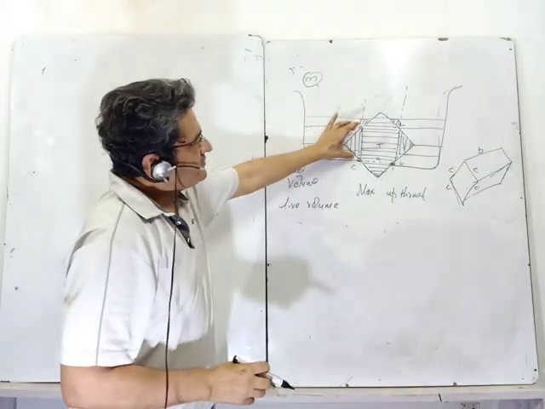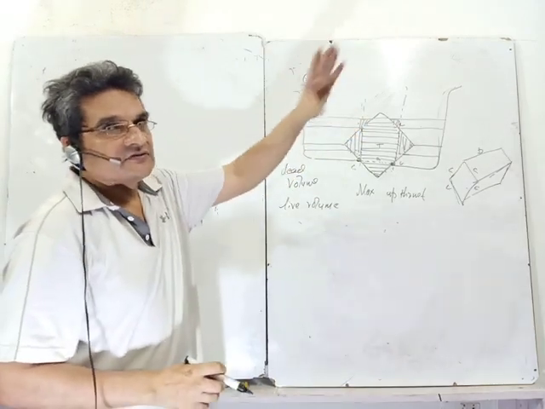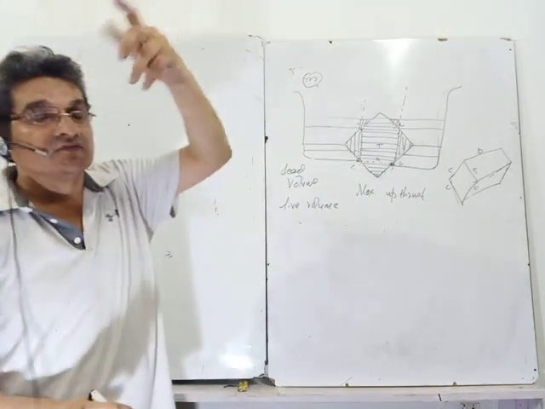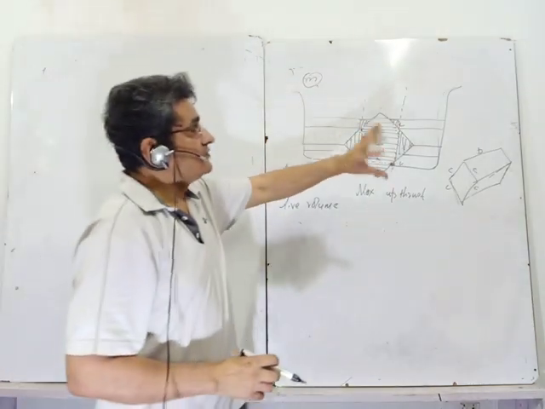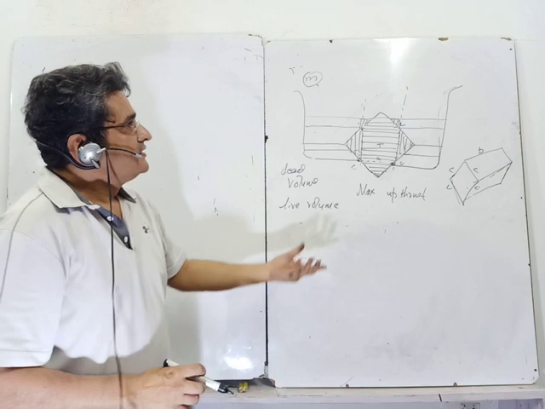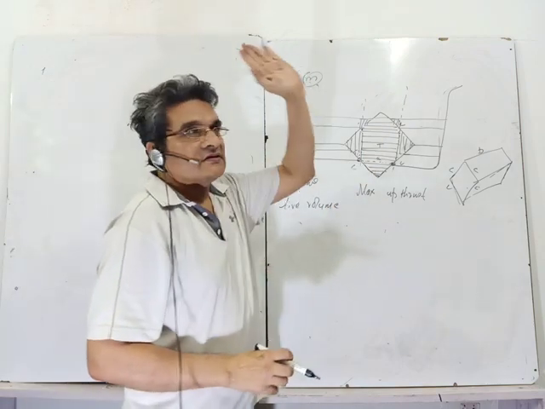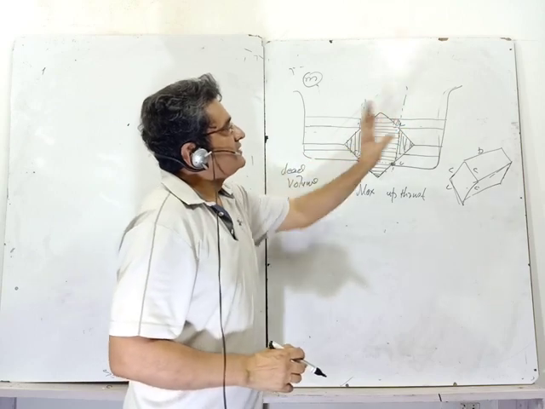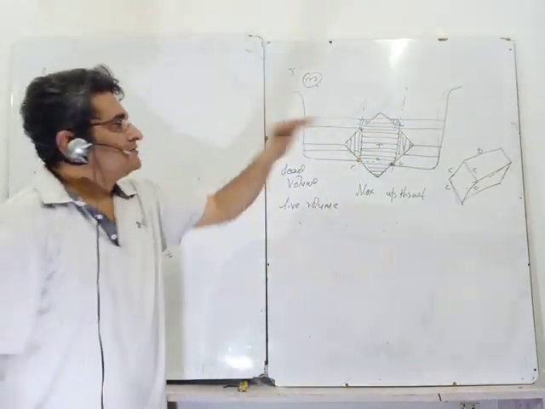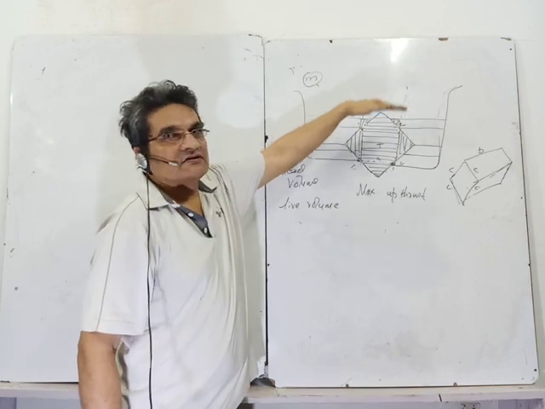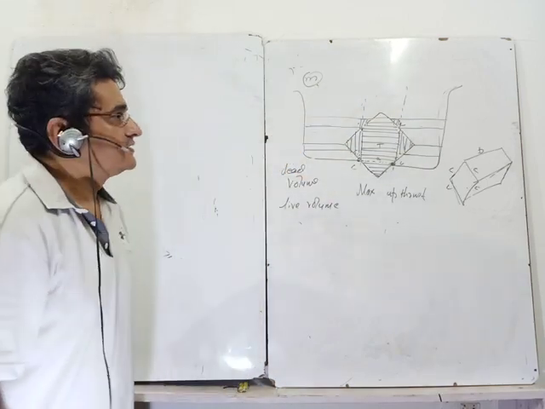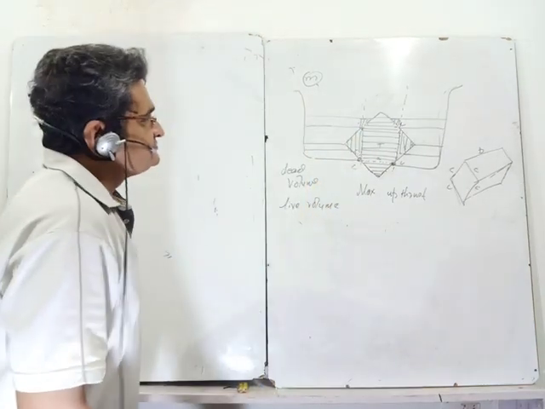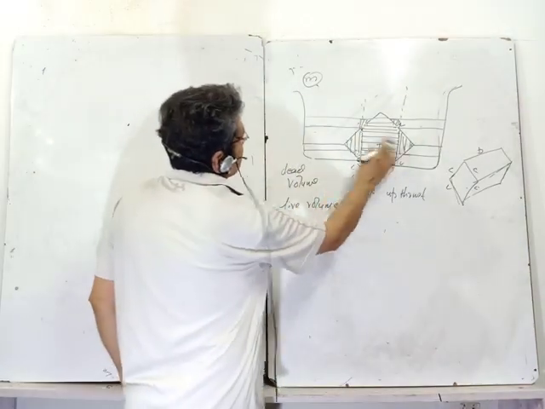This is okay. The net upward force, the upthrust, is being given by the volume of liquid displaced, or rather the volume of live liquid displaced. But the net vertical force will start decreasing after this point because of the additional weight every time I am pouring over the body. This additional force comes because of that liquid, but the live volume maximum I have already exhausted. So this is my optimum height.